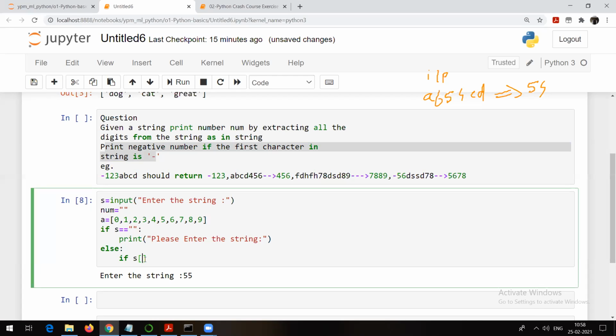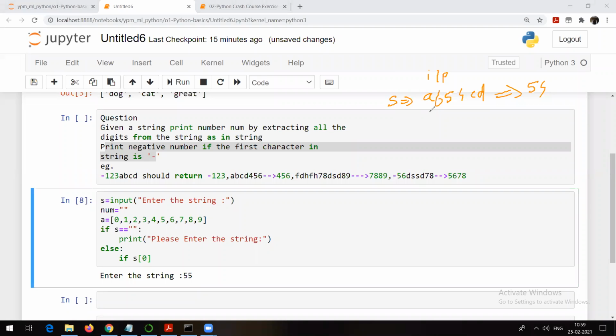Why am I saying dash? Because whatever we take as input from the user with the help of the input function, the data type of that variable is always a string, right? And dash is one character. So what I will do is S of 0. S of 0 means the first character of that string.